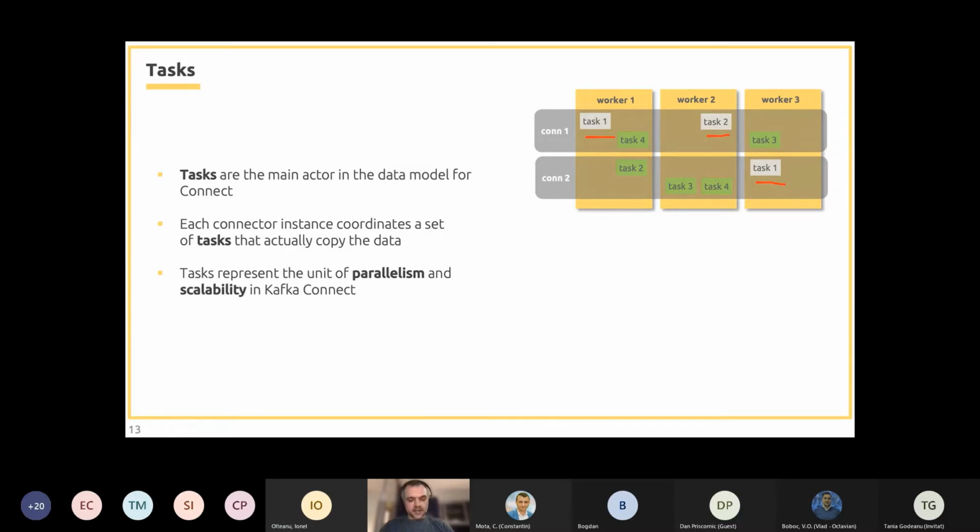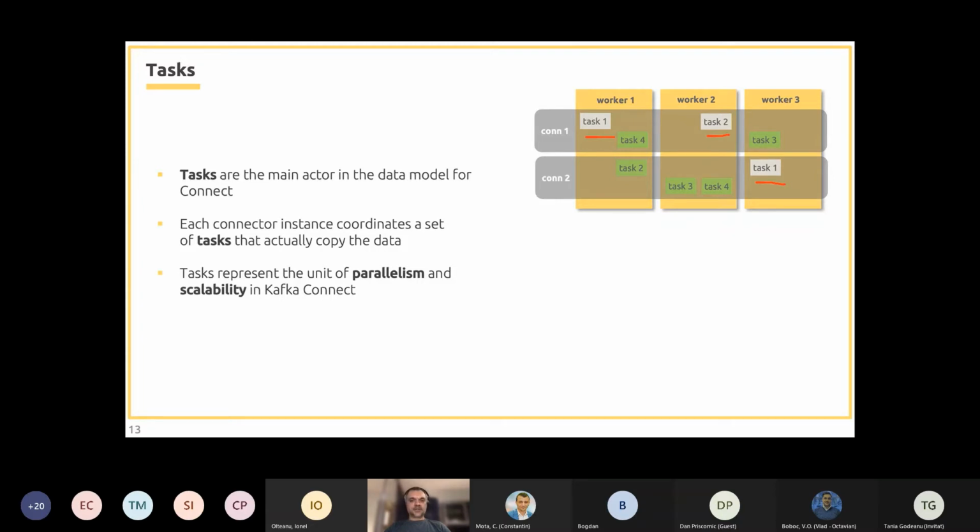For example, we can have a connector that reads from a database table, and no matter how many tasks we configure for that specific connector, Kafka Connect will run a single task. But if we change our connector's configuration to read the data from multiple tables, then Kafka Connect will automatically instantiate more tasks and will increase the parallelism.